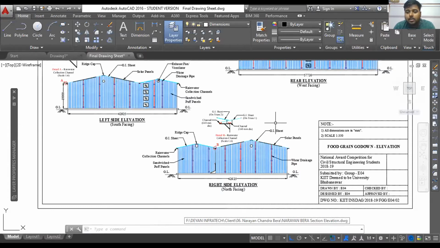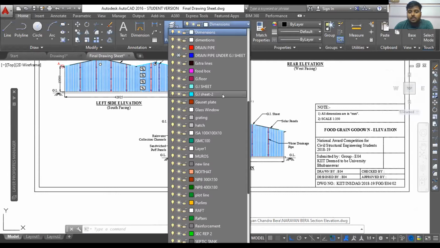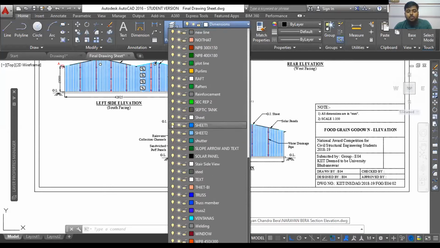Maybe you will be showing the site plan where only the outer line of your plot will be there, and at the same time your building outer wall will be there only. No interior facilities will be shown in that site plan. Okay, so in that case you can easily switch off the layers. If you have drawn the walls in a separate layer, if you have drawn the outer boundaries in a separate layer, you can switch them off easily.